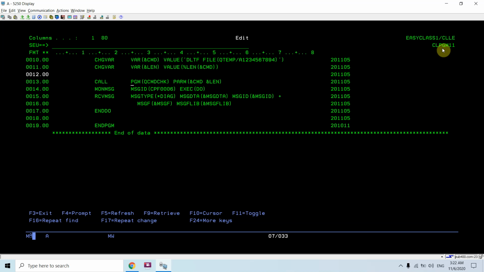Once we receive this error, we will execute the RCVMSG command, which will retrieve the message along with the message ID that is coming with CPF0006, so that we know at what point or where the syntax error is.